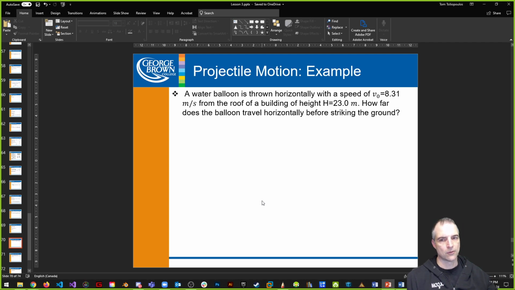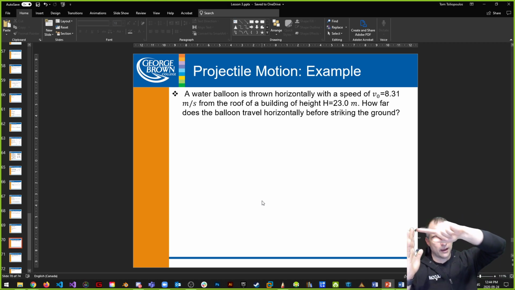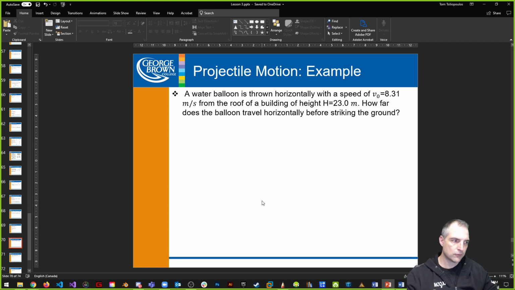What do I know? What type of motion is this? If I was going to look at the 3 types of particle motion, what type of motion is this? The first one, right? I'm at the top of a hill and I've got my balloon. I've been given no angles, so there's 0 angle, right? And we need time. We're given at the top a balloon, going at a certain speed. I've been given the height. We know that